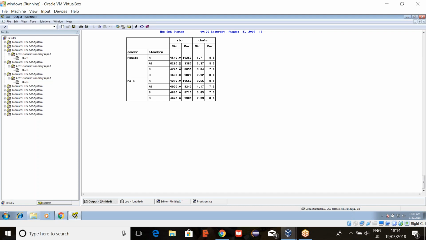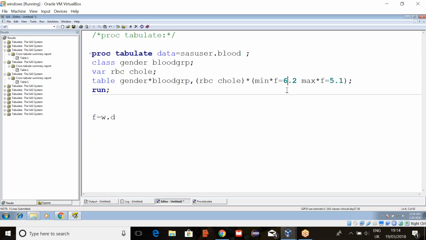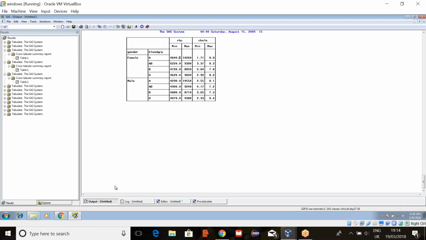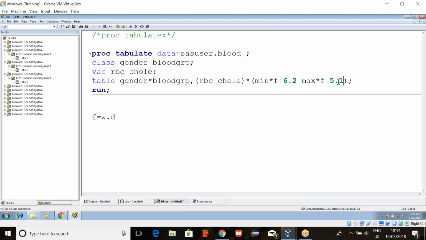Then after the decimal it will add one more 0, so 2 digits. And for max, what I have given is 5.1. So here 5 digits are there. So it is just taking only width, not accepting the decimals because width is not sufficient here. So like that separately we can give.